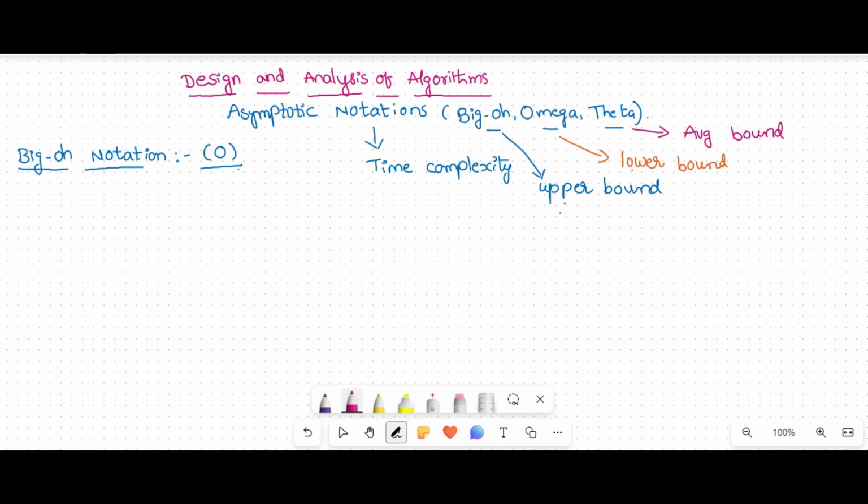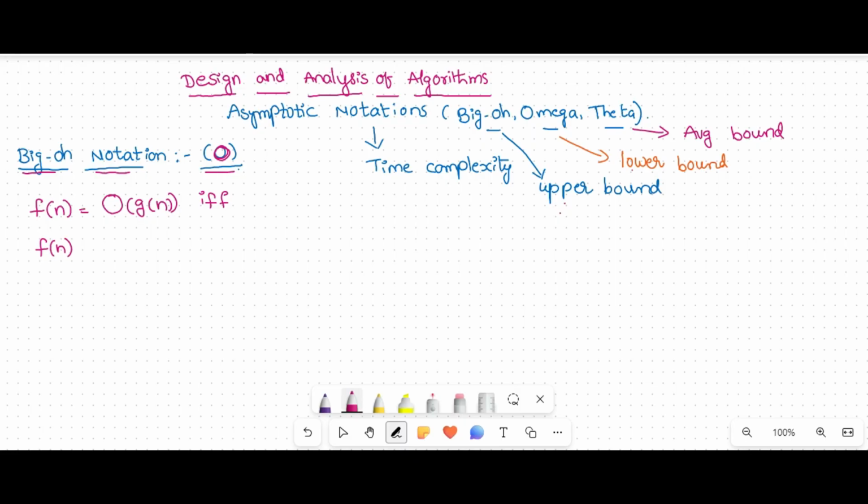Now, what are all these? What is big O? What is omega? What is theta notation? So, coming to the first one, big O notation. Big O we will write like this, and it is denoted with O notation. So, what is this big O notation? f of n equal to big O of g of n if and only if